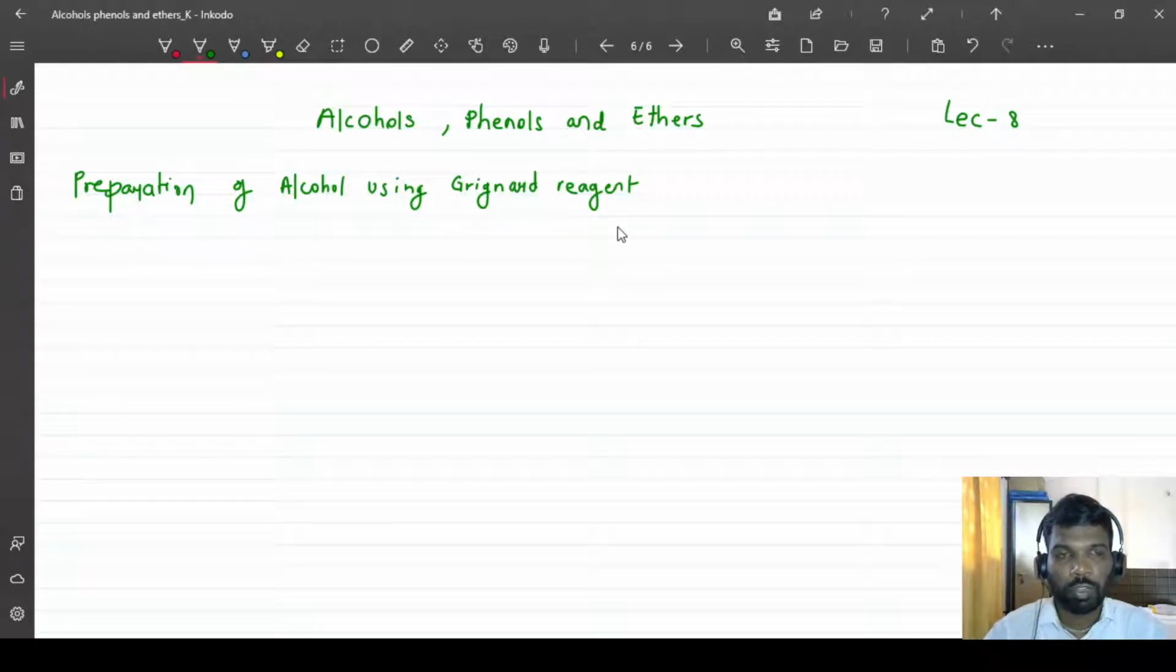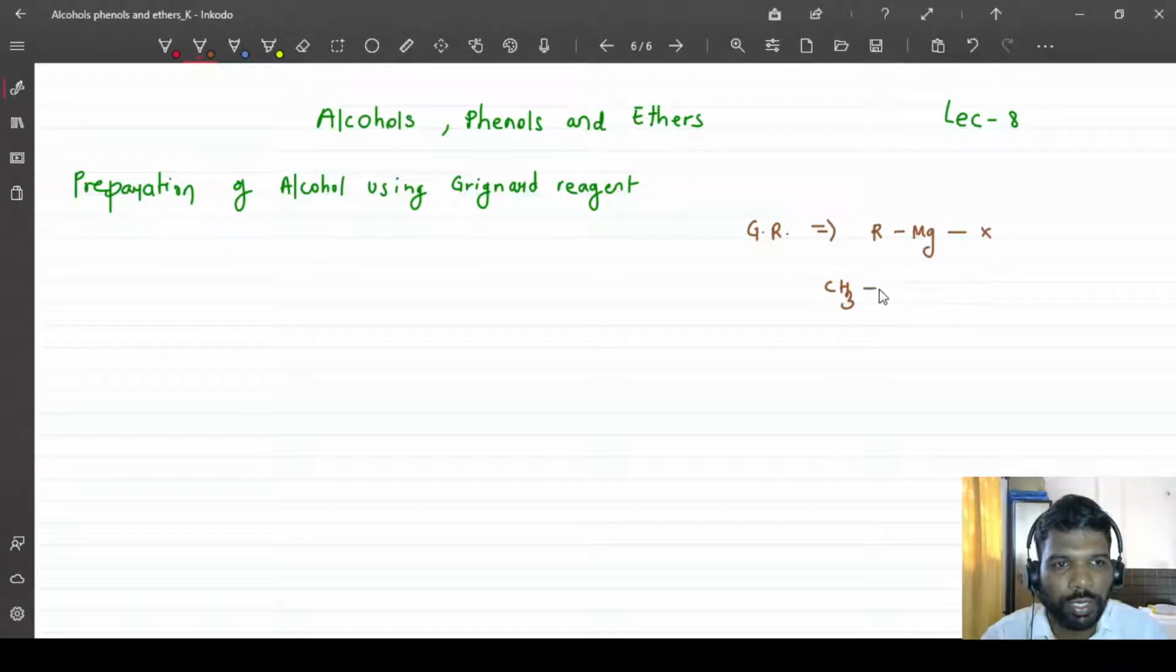So now first of all we need to understand what is Grignard reagent. The general formula of the Grignard reagent is written like this. Okay, I will write Grignard reagent. General formula is RMgX. Means if I want to know more examples of the Grignard reagent, then it is like